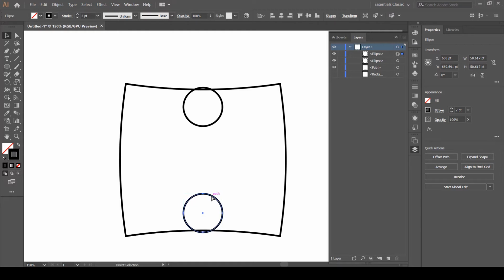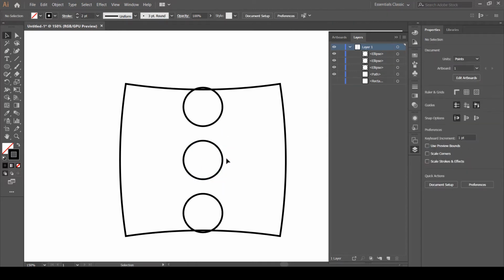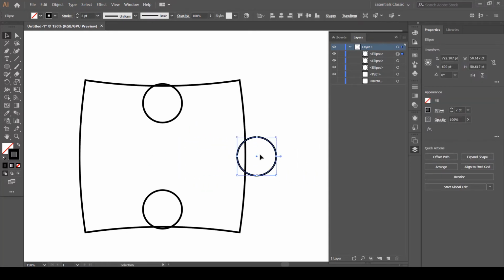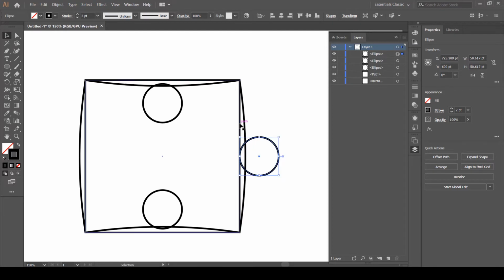Let's copy this and paste it in front of it. Let's put it at the center, and then we are going to move it to the other side here. Okay, and again let's unhide this background rectangle, the square shape, so that we can align it perfectly with our boundary, the perfect square boundary.